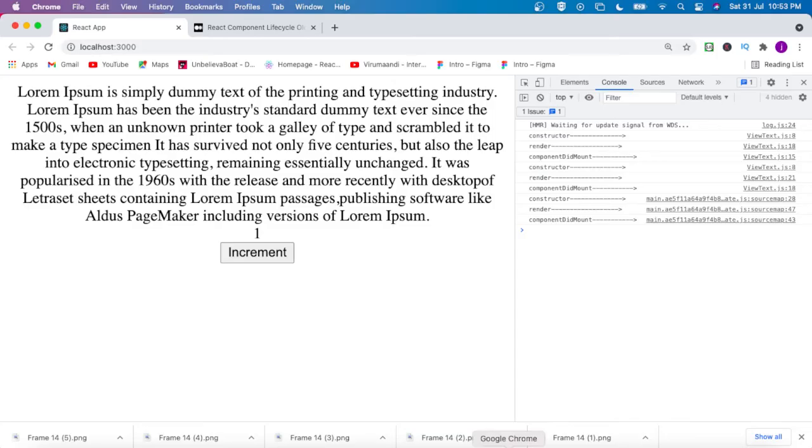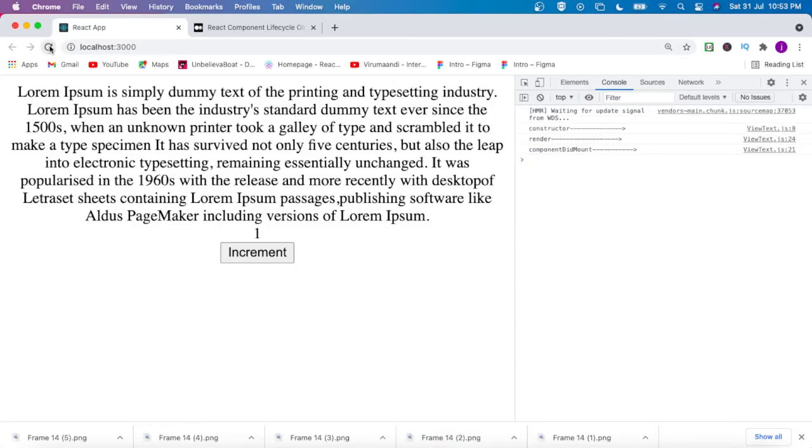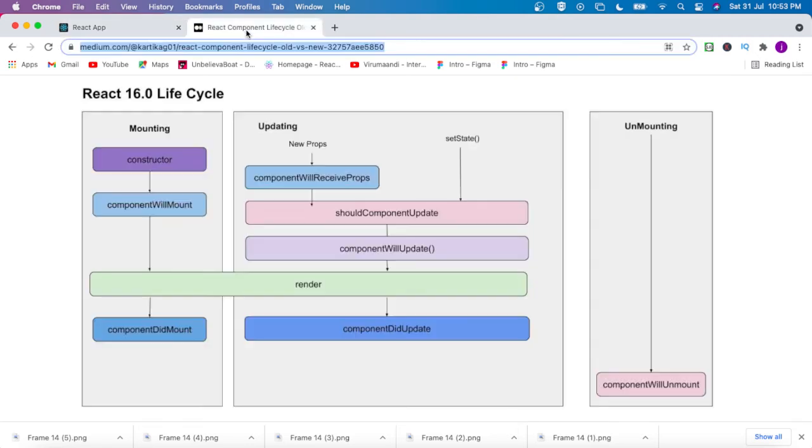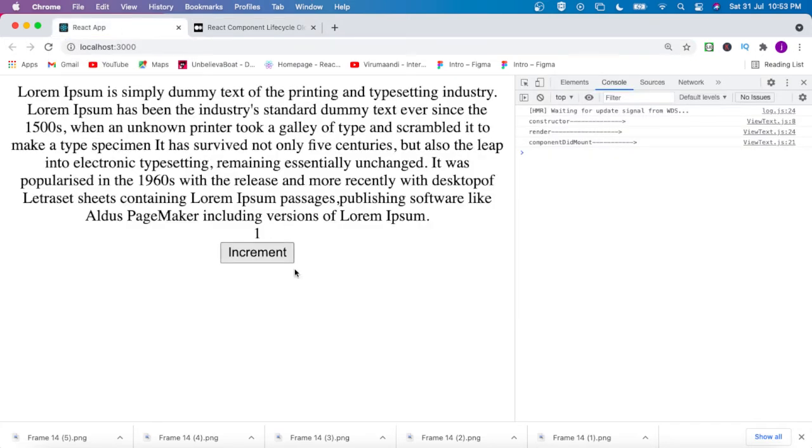We can check the console now. Clear all the console and refresh. Yes, the lifecycle is called: constructor is called, render is called, component did mount is called, which means the mounting lifecycle methods are called. Now I am going to change the state, which has the value 1.